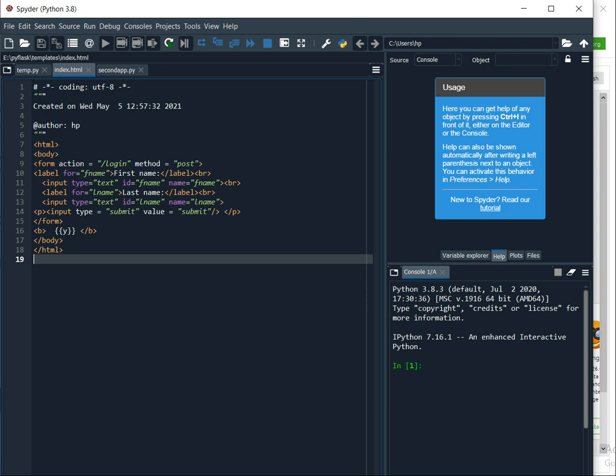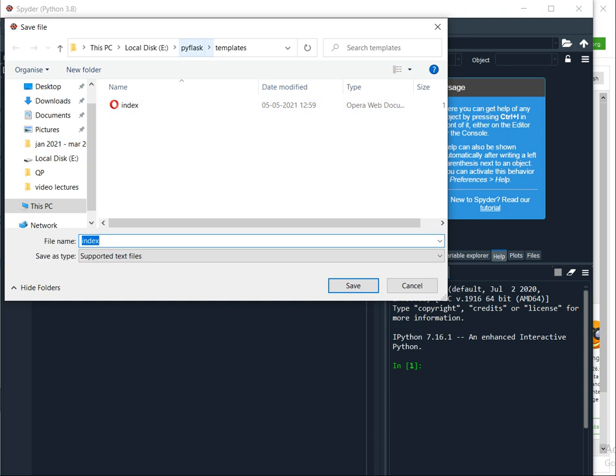And this is saved as index.html, and this should be available. If you see here, let me do save as and I will show you. So it is available in PyFlask templates, right? This is very much important. Any HTML files should be placed under templates, right?